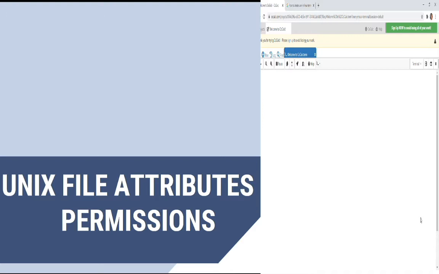Whenever a file or a directory is created in Unix, a default set of permissions is set there. Generally, the default settings write-protect the file from all except the user, that is the owner of that file, though all users may have read access there. We have seen that group and others have the read option, but only the user of our particular file has the read and write permissions.